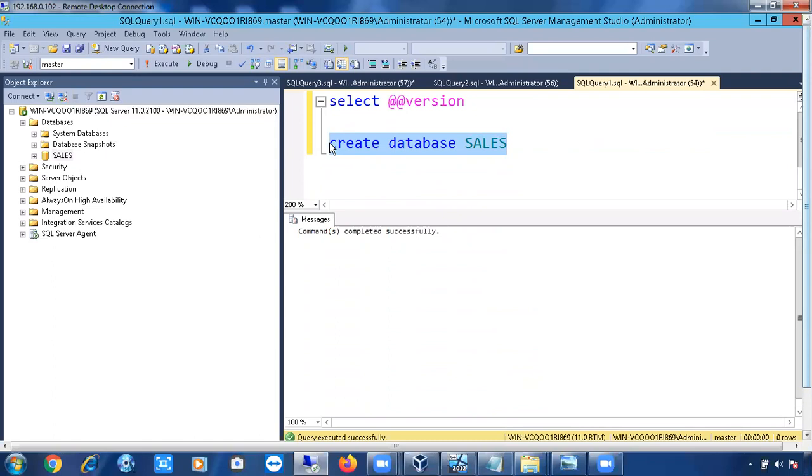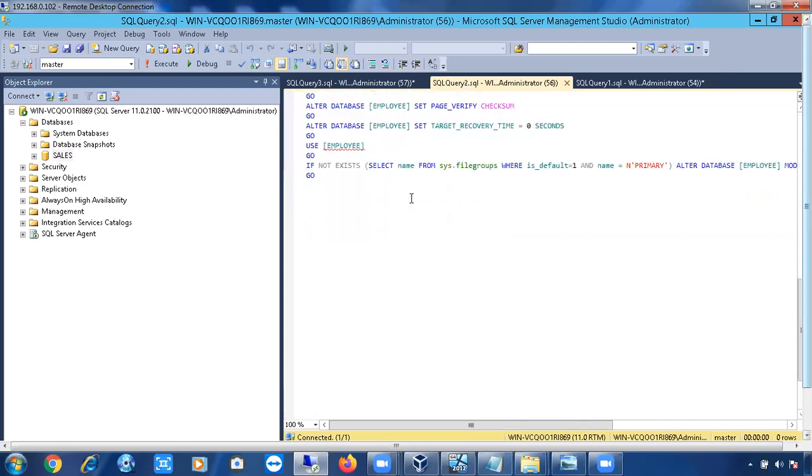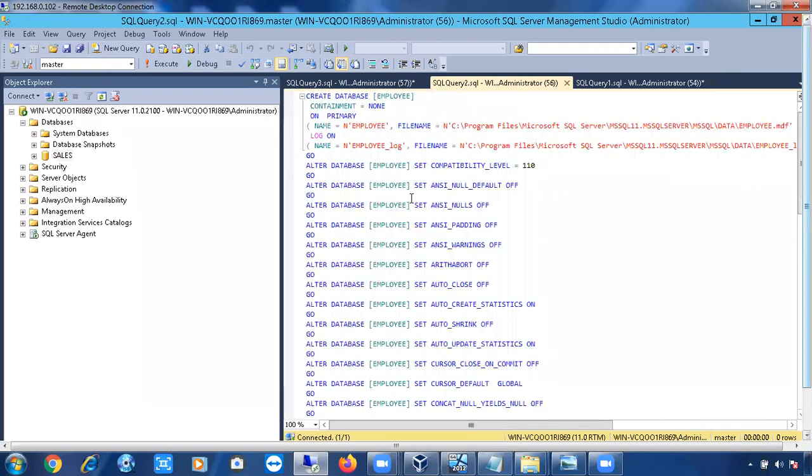So whenever you are writing any query, don't think only that query will be executed. These are all default options, no need to provide them by yourself. In the organization, sometimes users will ask you to create a database and provide a script, this much script. Don't wonder why they give this much script to create the database when I can easily run create database name. Don't be shocked. It is a common practice in the organization.